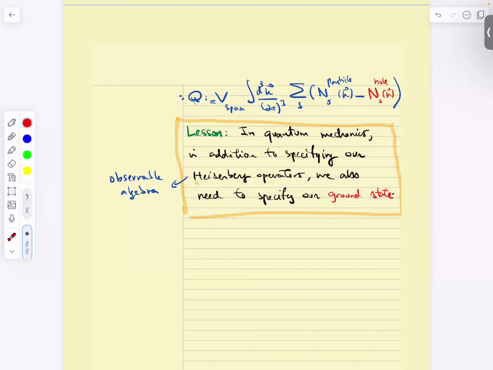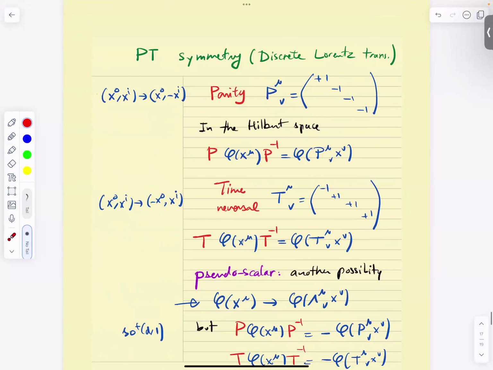C, P, and T are three symmetries that could be part of your theory; you could be symmetric under some of them. It turns out that relativity requires consistency of the theory, requires something like CPT. In even dimensions, such as 3 plus 1 dimensional physics, CPT must be a symmetry. I'm not sure how I'll prove it, but that's a fact. You can't violate that. Lorentz invariance requires it. I haven't explained why, but